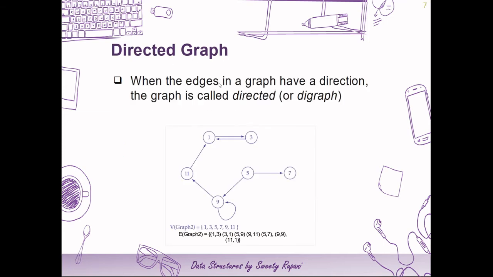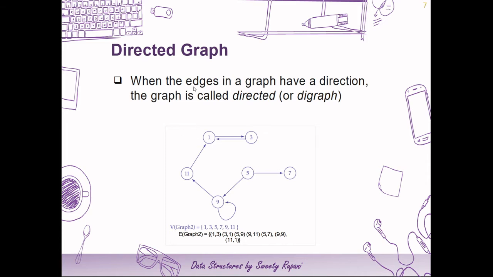When I say it's a directed graph, it means you can see the edge joining node number 1 and 3. It's showing a direction. You can go from 1 to 3 using the edge which is on the upper side, and from 3 to 1 you can reach with the lower edge. Here you can easily see that we cannot reach from node number 1 to node number 11, but if I am at node number 11 I can reach node number 1 because this is a directed graph.